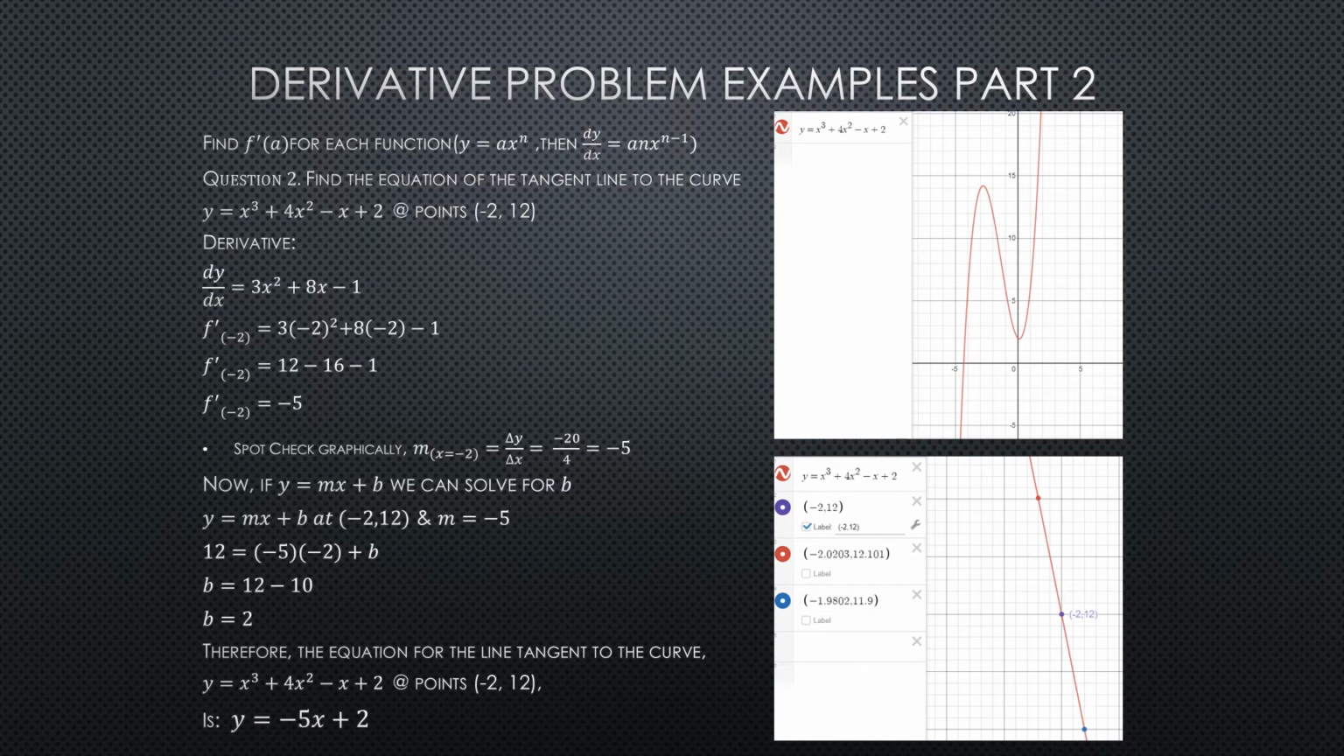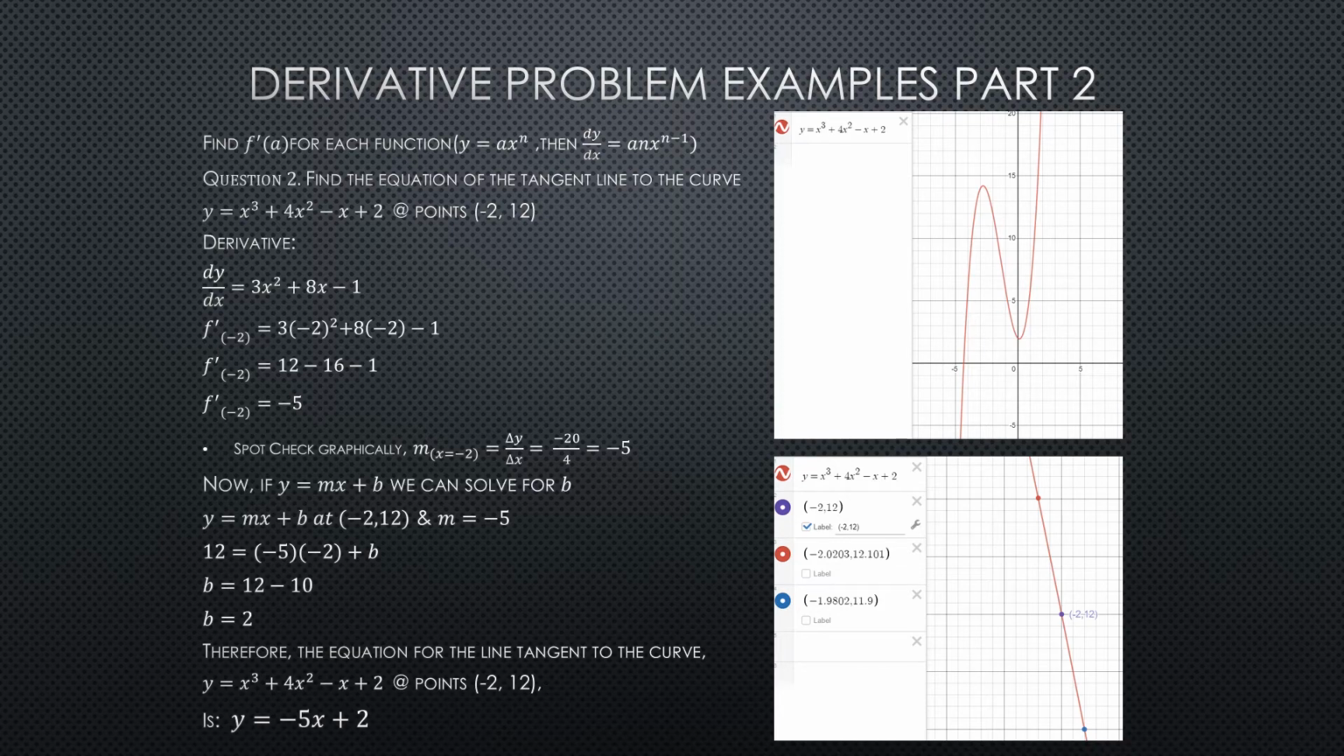And then they're saying at the specific points x and y, -2 and 12. Well, the tangent line is the slope at those points. So we can tackle this problem pretty similar to the previous one. We're going to take the derivative of the original function,